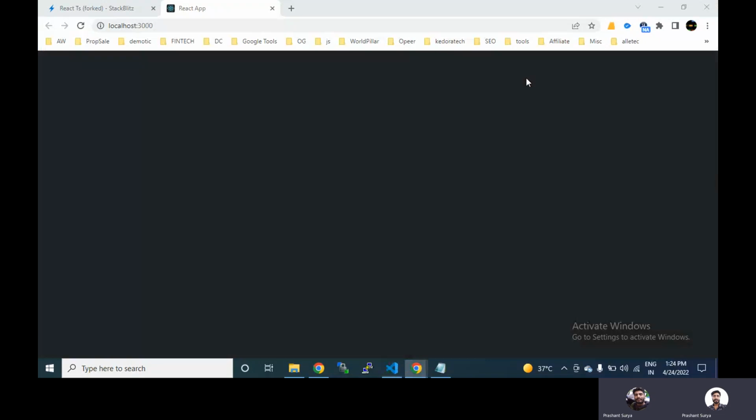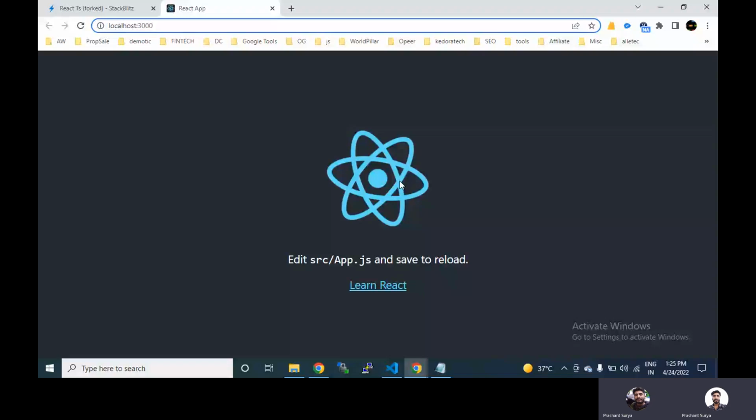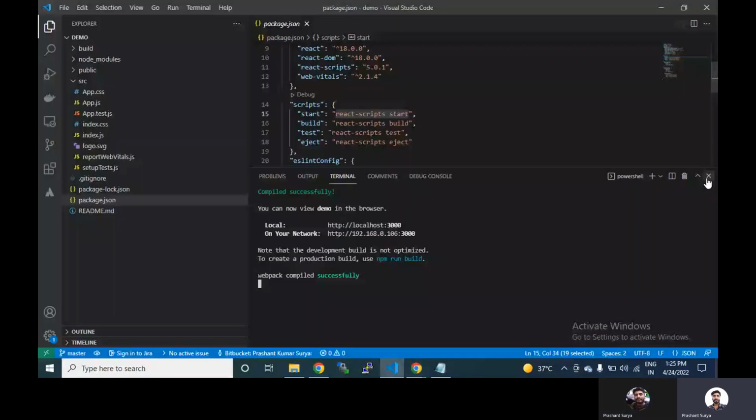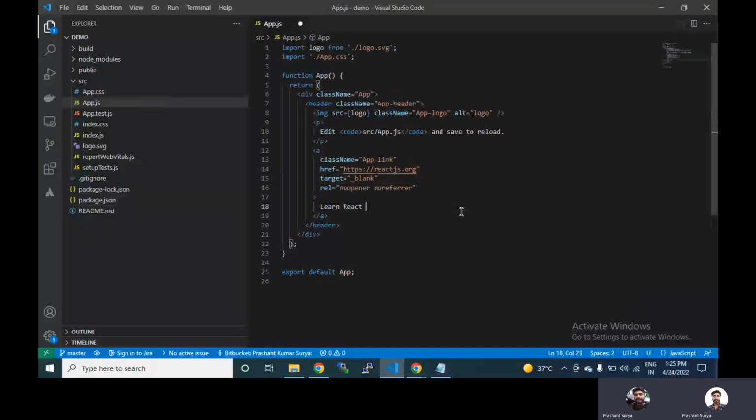This is the default page. It says edit src/App.js and save to reload, so that you will get any changes. Okay, so we do that. This is the basic application. If you change anything here in React, let's suppose I put React.js here and press Ctrl+S, then if you go there,